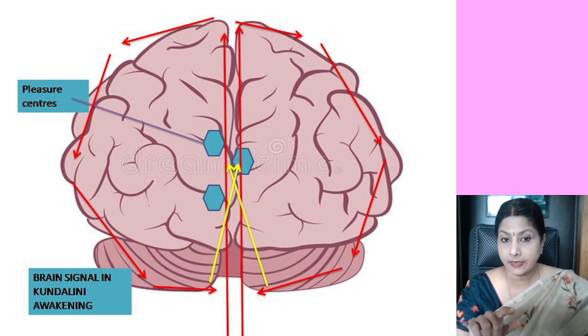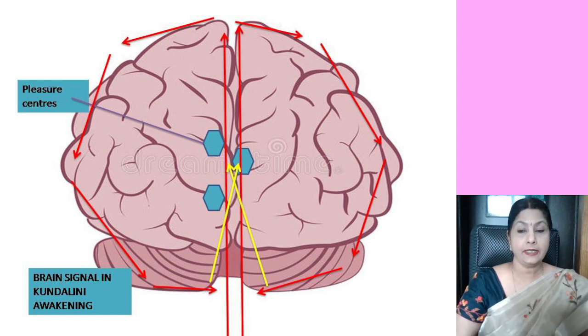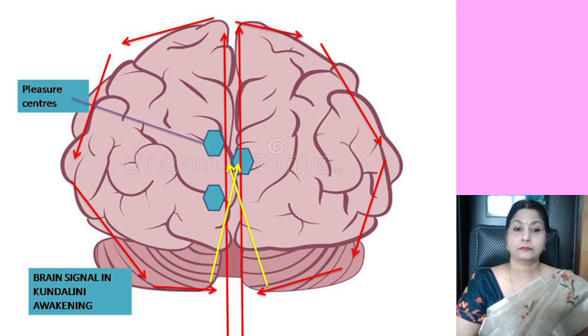And when you look at these arrows here, which are yellow in color, it simply means that the right brain signal is moving onto the left side and the left brain signal is moving onto the right side. So the signals coming from both sides are now crisscrossing. Because of that, the right and left side of the brain are connected. And now the way the brain works is different.